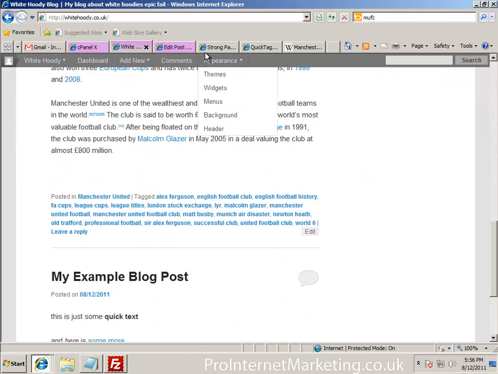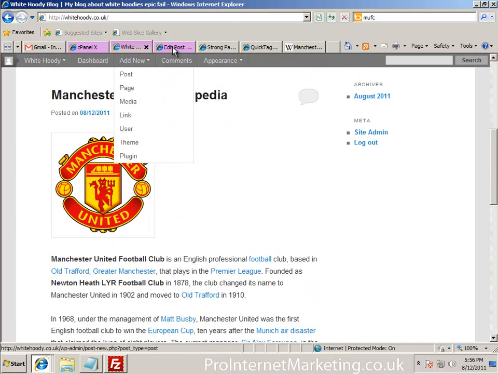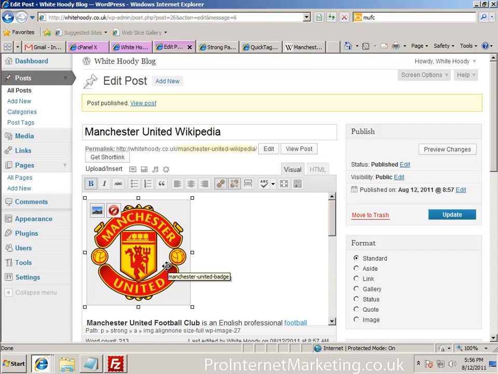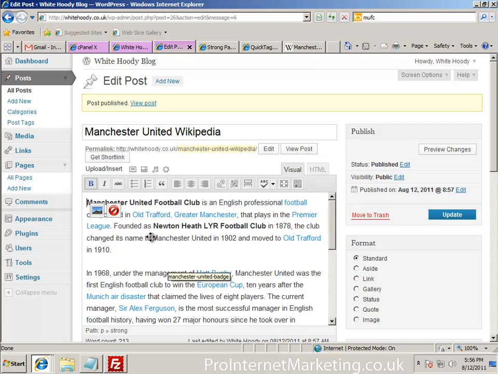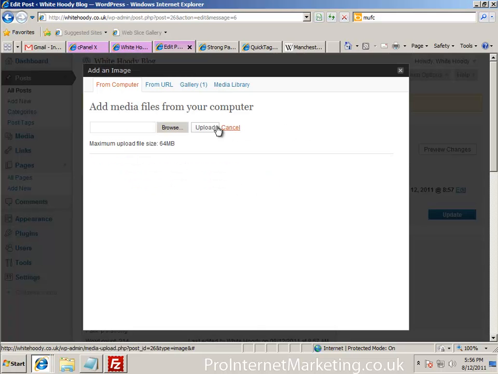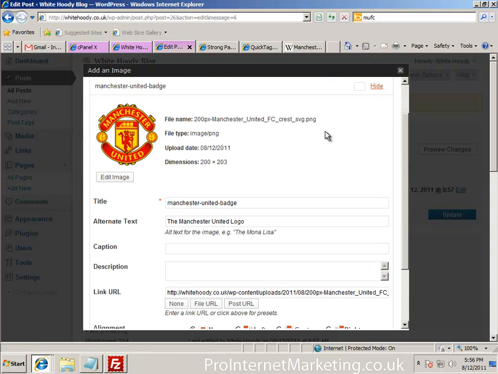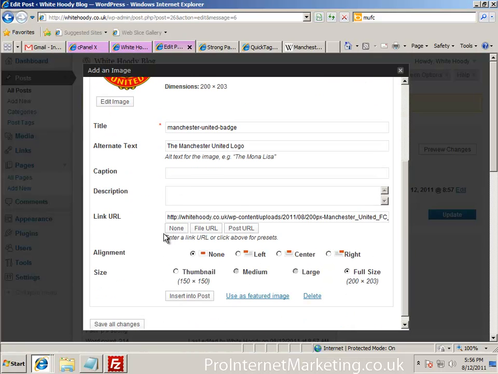Now, one of the things that you can do is, if you decide that you aren't too sure about how that's formatted and you want to change it around, we can just delete that picture, click on insert again, and go back to our gallery this time. By the way, you don't actually need to upload it every single time. It gets put into the database effectively. I'm going to go on show, and we're going to go to none. That should have been manunited.com. Let's see if it's still in there. No, it's not. manunited.com